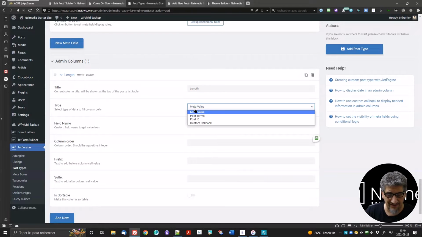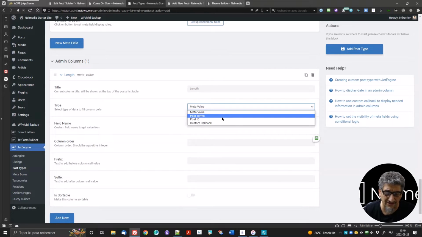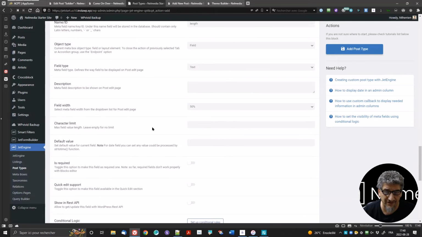That will be there. And let's say we want to have the meta value. We have post terms. So meta value is a way for JetEngine, that's simply the value of a custom field. So if you use other tools, you might be used to the custom field value. That's the same thing. Terms are taxonomies. So in this case, it's going to be the meta value of our field that we have above here, which